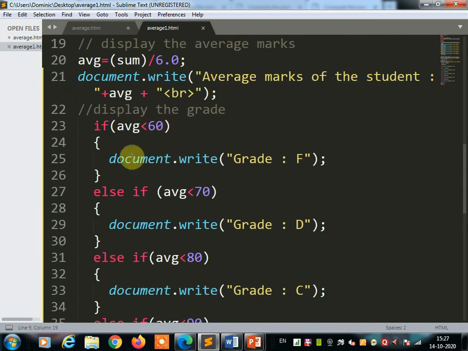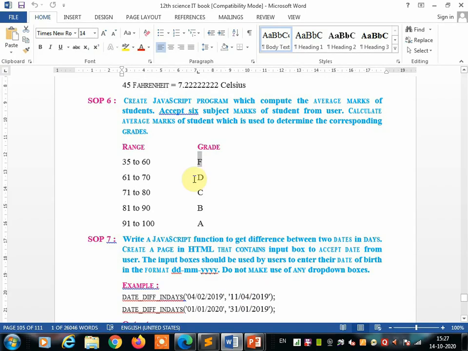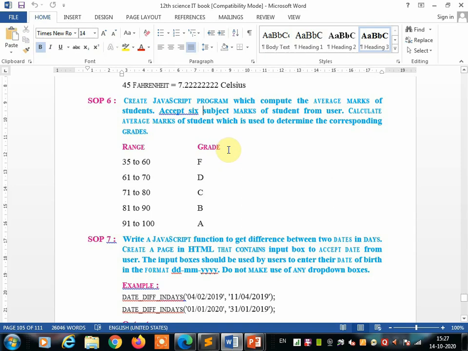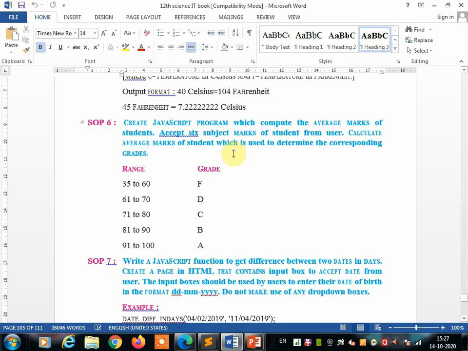And while displaying the grade, keep in your mind what condition is asked. While writing the practical, you must see the practical slip properly, what is asked in the practical slip, because these are board practicals. According to that slip, your result should come out. If your result is not coming proper, you will not get marks. Where your program is correct, only till there the marks will be given.